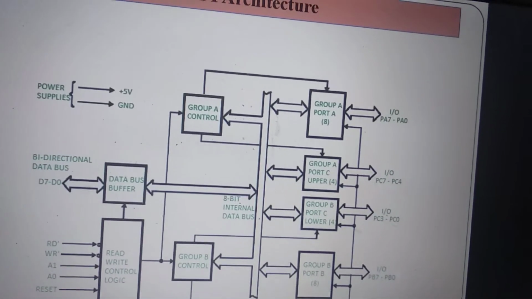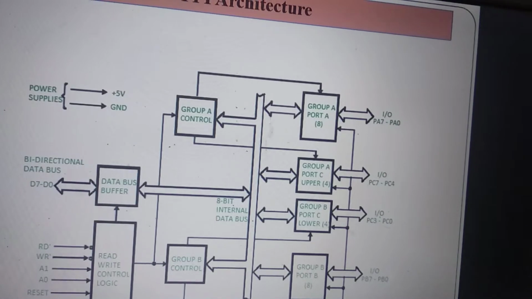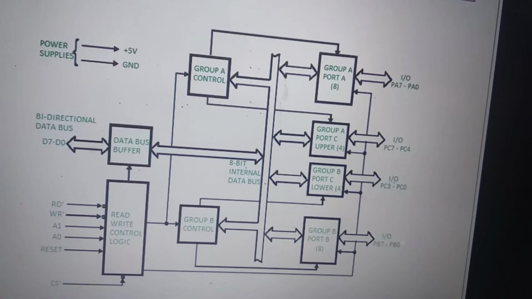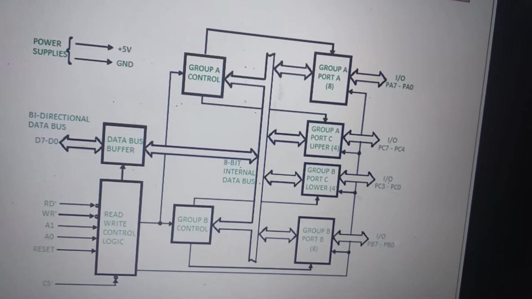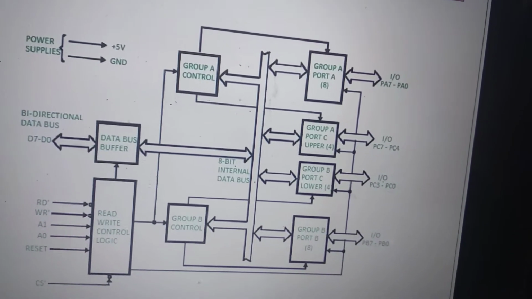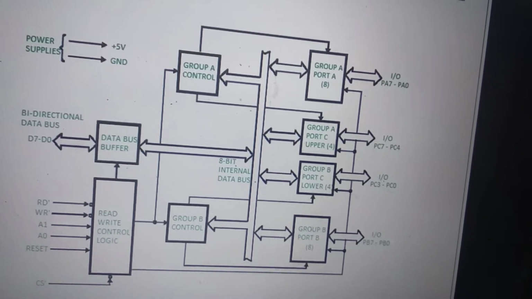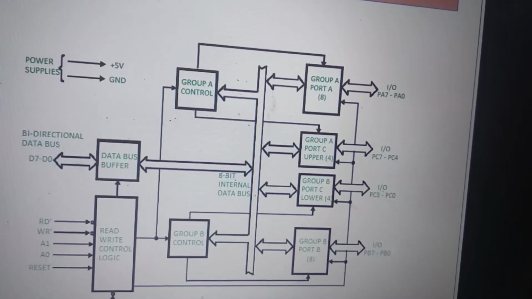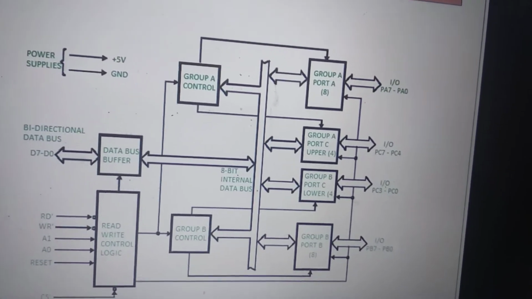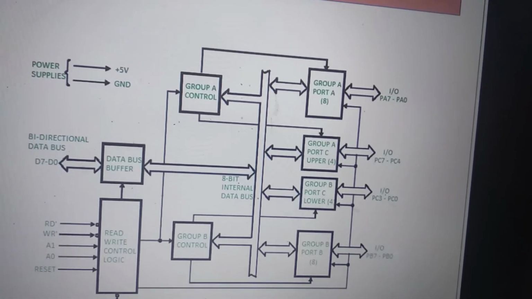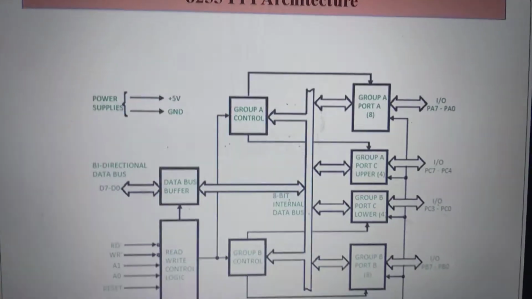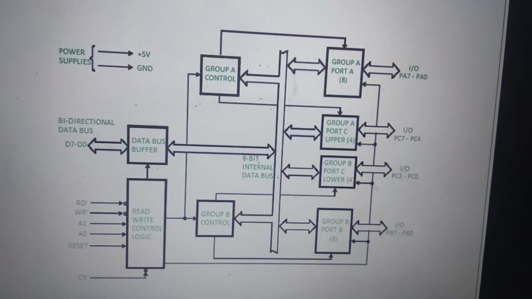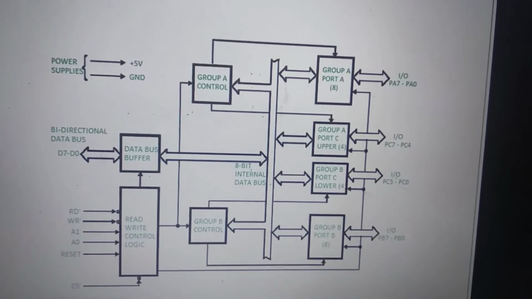But if we use the 8255 instead of a latch IC or buffer IC, then with a single IC, depending upon the requirement of the user or programmer, it can be configured easily either as an input port or as an output port, so that it can be used like a latch or like a buffer, depending upon the requirement. That's why it is called programmable peripheral interface. So this is the basic architectural block diagram of the 8255.